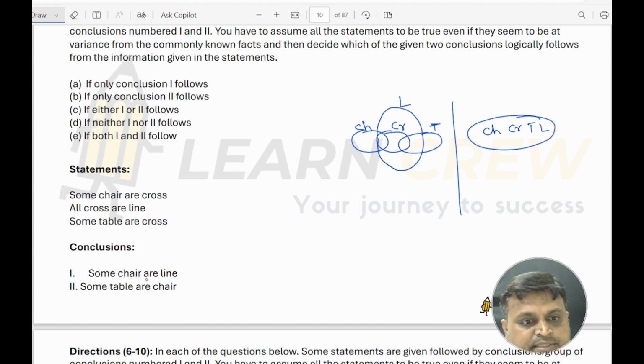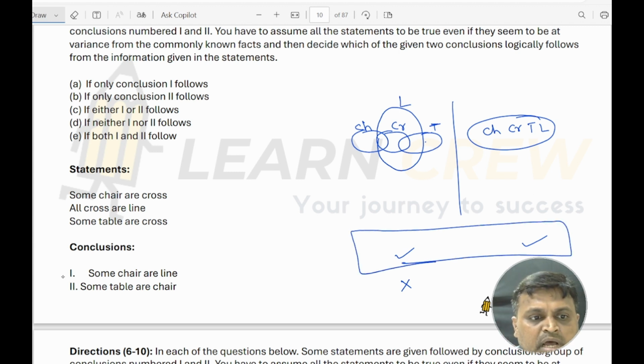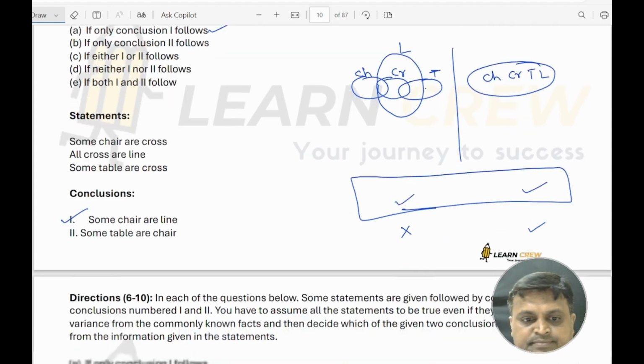So now the first conclusion, some chair or line, is correct. The second one, some table or chair, is wrong. Though it may be right, the first conclusion is true in all the cases. So the answer is only one. The next one,